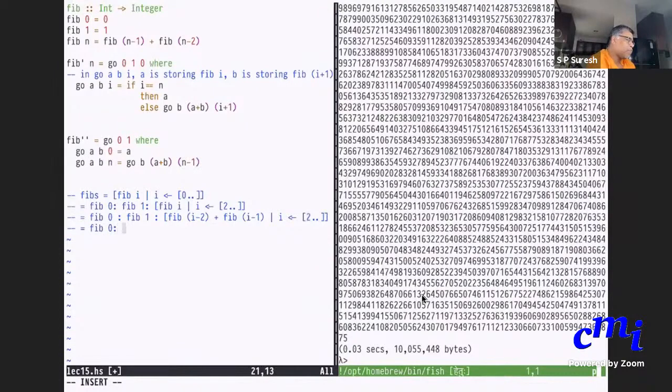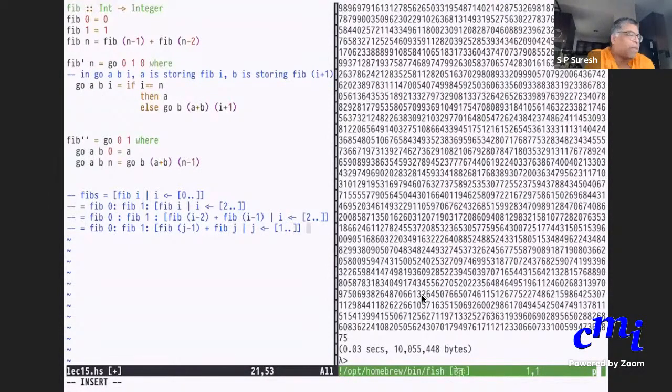Fib 0 followed by fib 1 followed by, can I change, instead of saying i ranges from 2 onwards, I'll say fib j minus 1 plus fib j, where j ranges from 1 onwards.